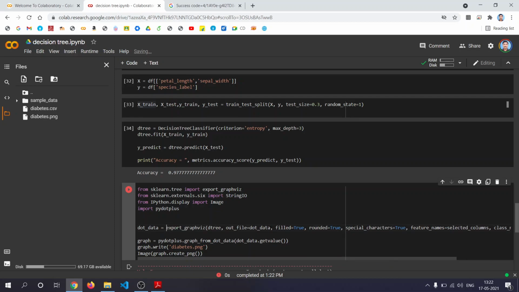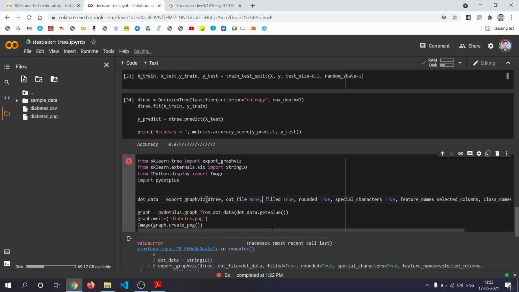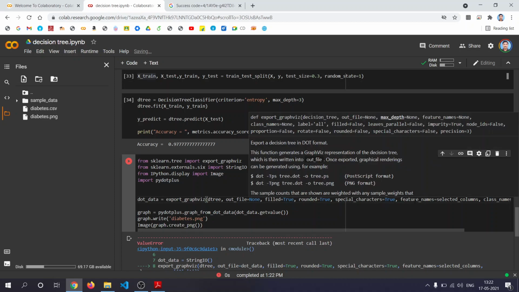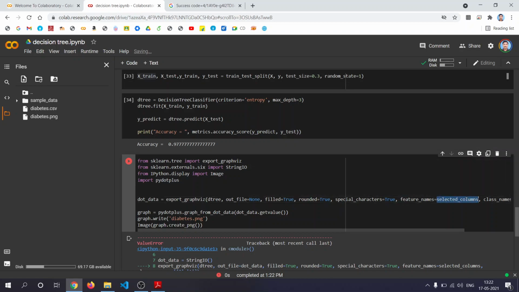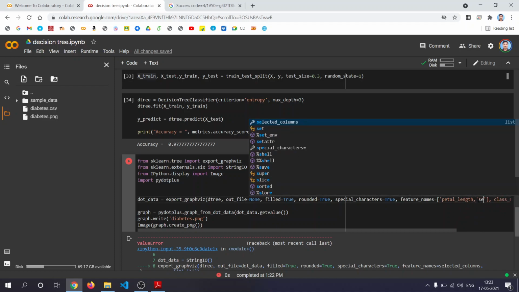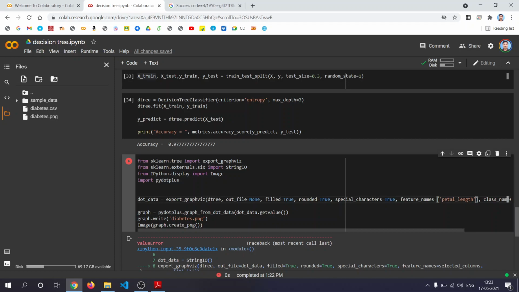Then here you will have to set out file equal to none. Then feature names are missing, our feature names will be petal length, comma, sepal width. Okay.